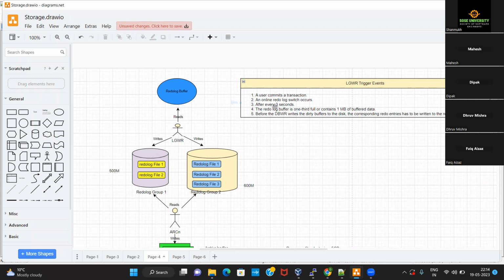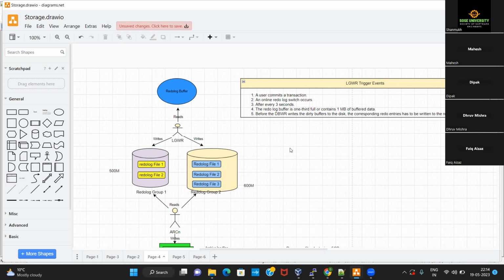Any doubts about those first 4 events? Deepak, Azaz, Mahesh, any of you, any doubt about those 4 events? No, nothing, bro.